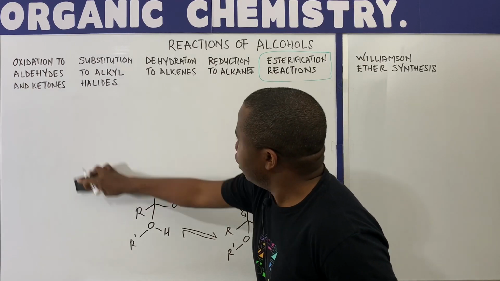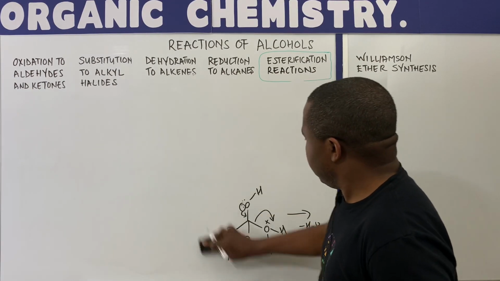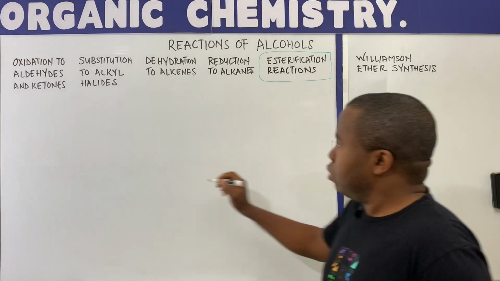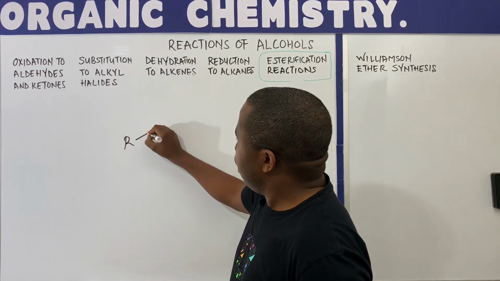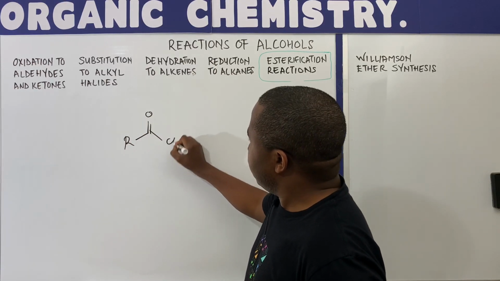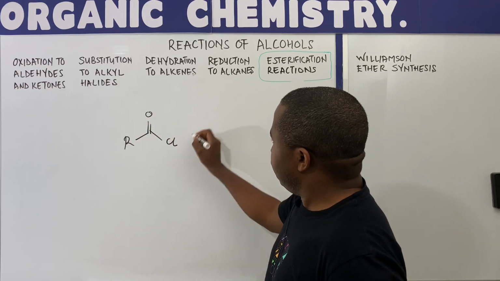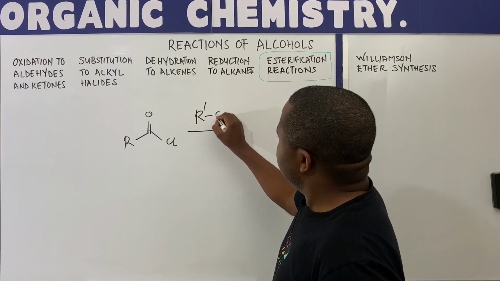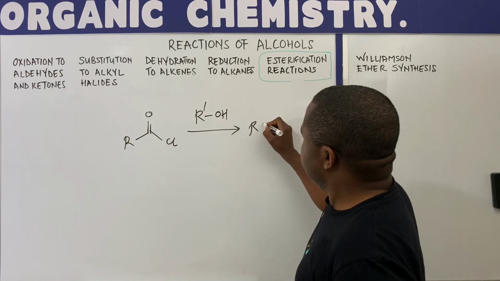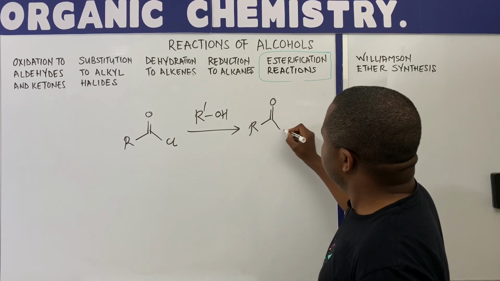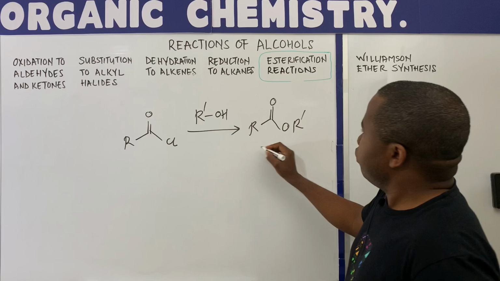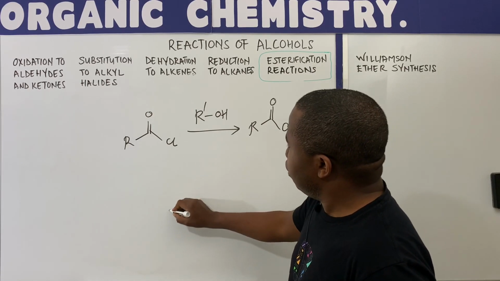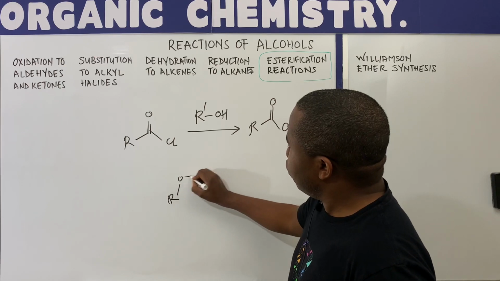Before I leave the esterification reaction, I'm going to quickly talk about how alcohols can react with acid chloride. We can also have alcohols react with acid chloride, and this reaction is actually easy. If we have acid chloride react with alcohol, it's going to give us ester plus HCl. So basically we just have the alcohol like this,